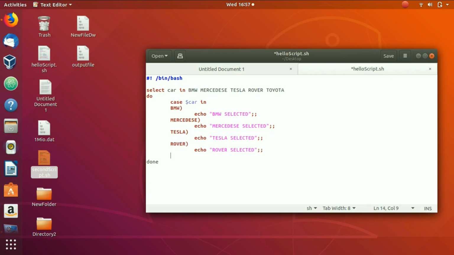So I would write here Toyota, and then obviously write here echo Toyota selected, and finally write here a default statement by using asterisk. As we have learned previously when we were discussing case statements, we're going to echo here error, please select